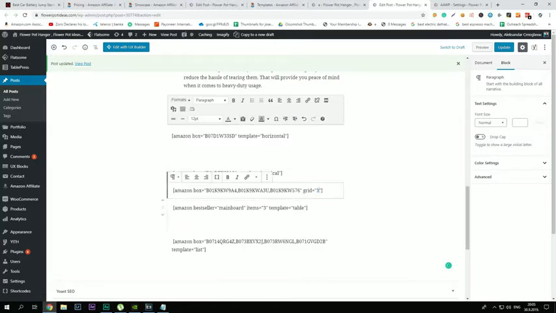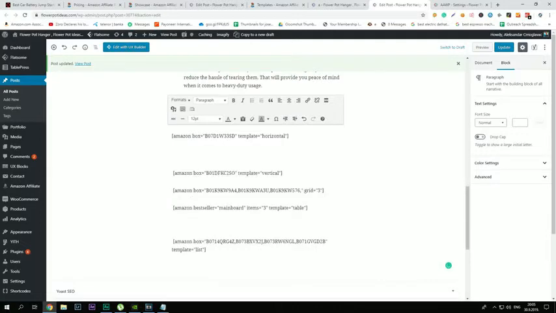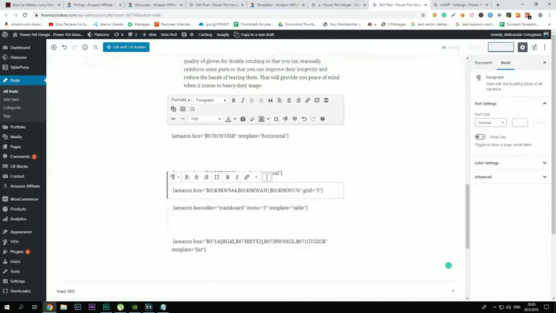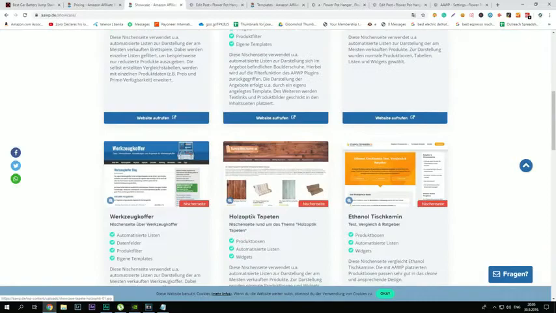When you pull the API keys, you paste them, then add a comma and paste the next one, and that's it. You can add unlimited products to your grid, so it is going to look similar to this